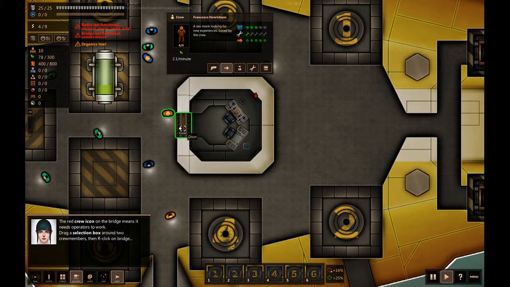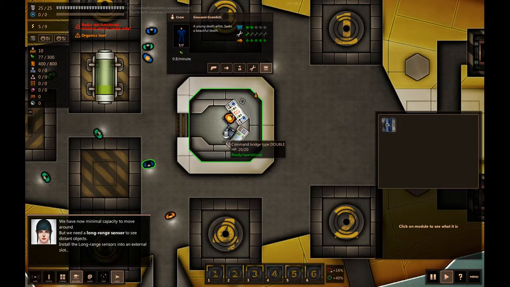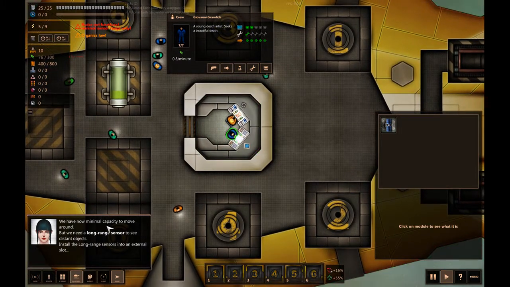Okay, I guess... Does that do? I'll just move, okay. So you and... hey, both of you. Yes, good. Awesome. You now have minimal capacity to move around, but we need a long-range sensor to see distant